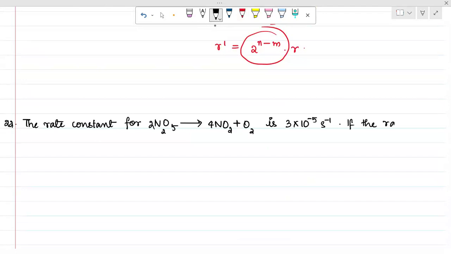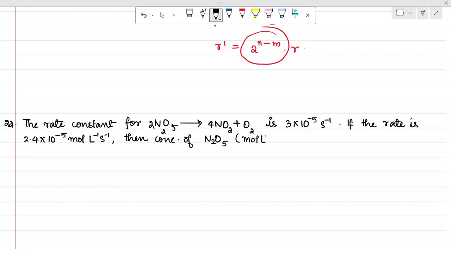If the rate is 2.4 into 10 to the power minus 5 moles per liter per second, then the concentration of N2O5 in moles per liter is,